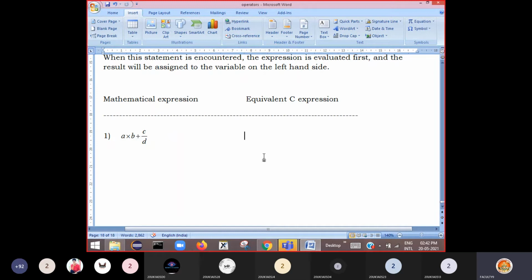In that case, its equivalent C expression will be like this. For into, we use star in programming, so A star B plus C slash D. Then A into B will be calculated first, then C by D will be calculated, then both will be added afterwards. This is the equivalent C expression.